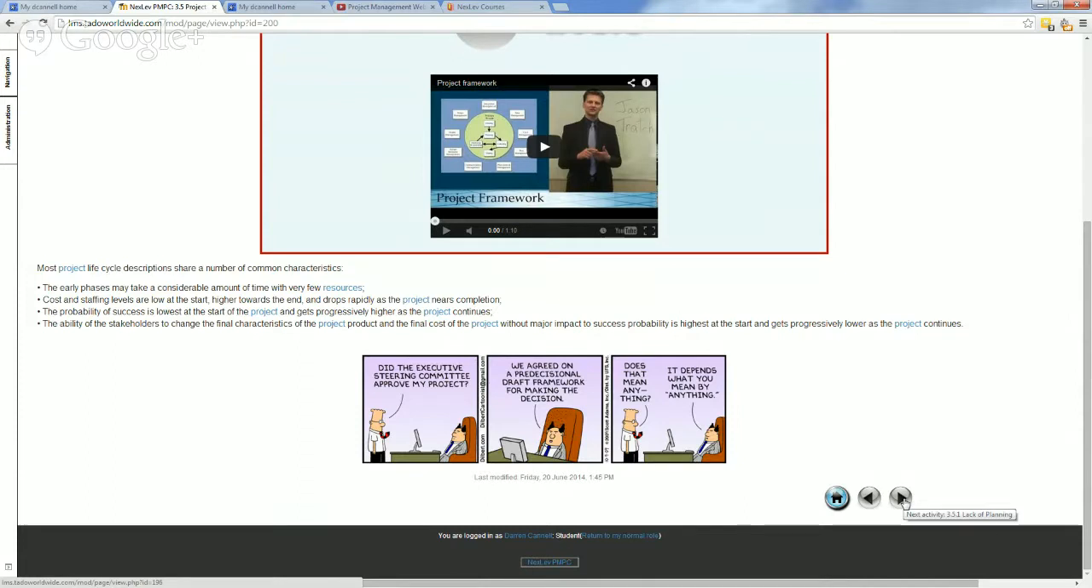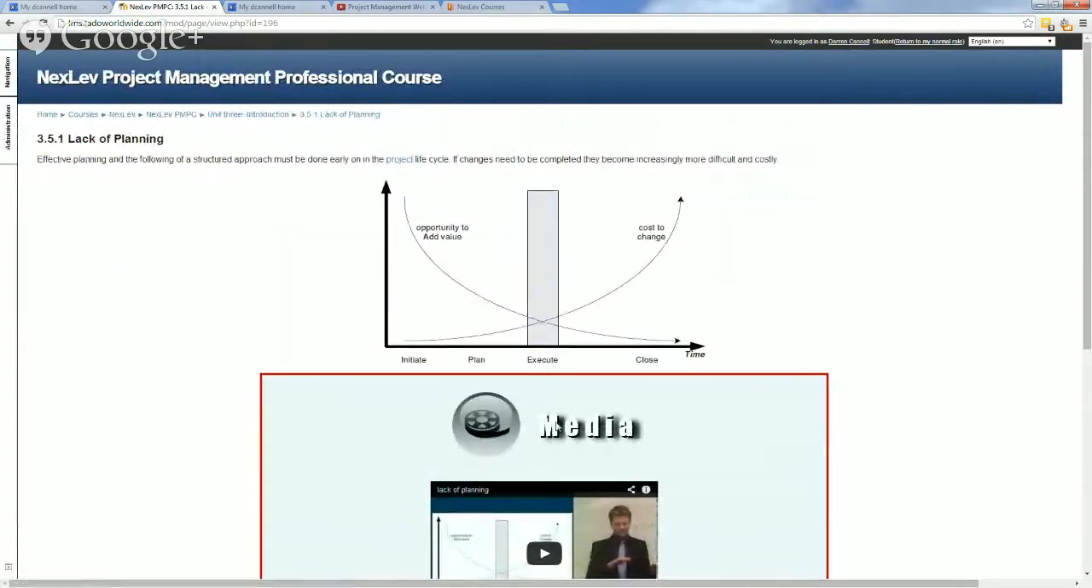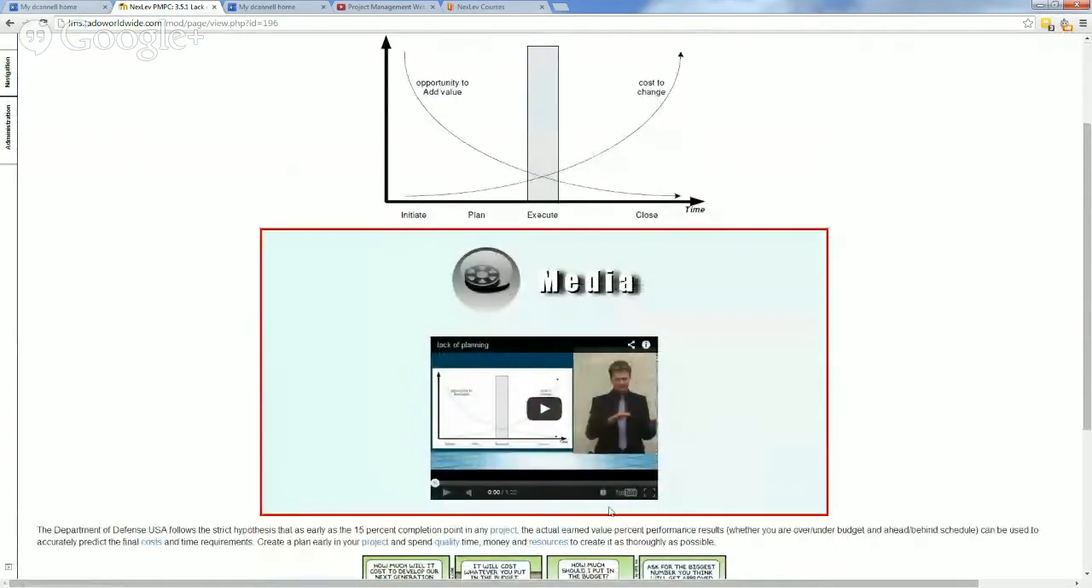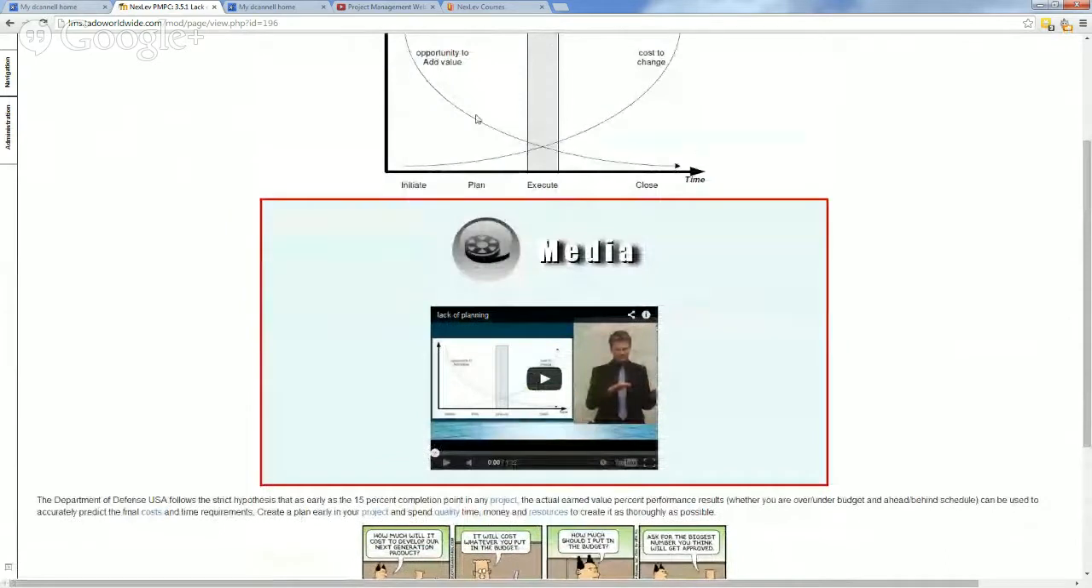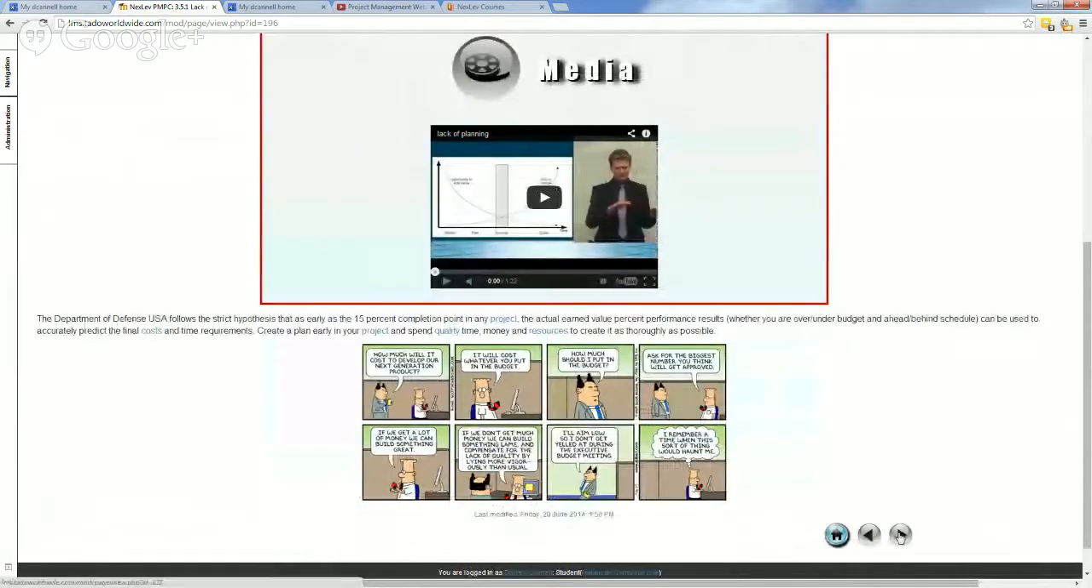So you'll notice as I highlight, put my mouse over top of the next activity, it'll tell you what we're looking at, and that's the next activity, 3.5.1, which is a lack of planning. What you'll do is it'll take you to that, and it'll show you again inside the box the media, and then you have a cartoon and a little bit of an image at the top, because a picture is worth 1,000 words. And so we tried to make the course as intense as we can with as many images as we can